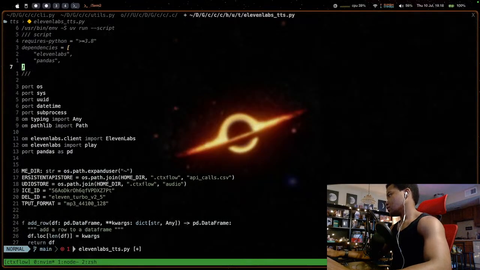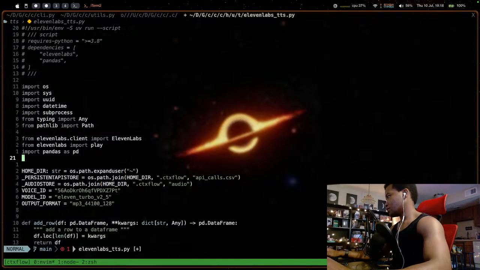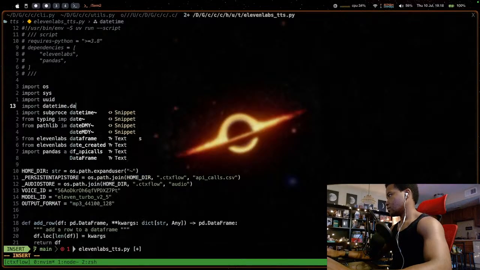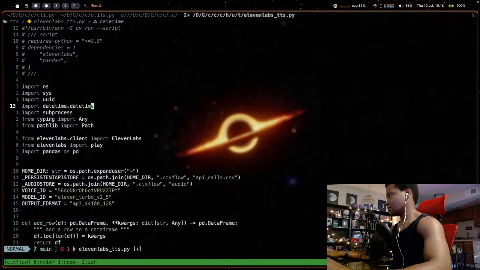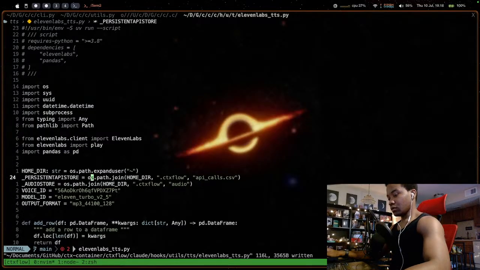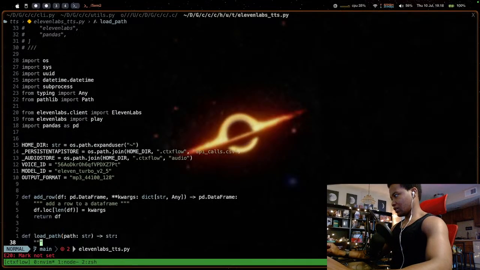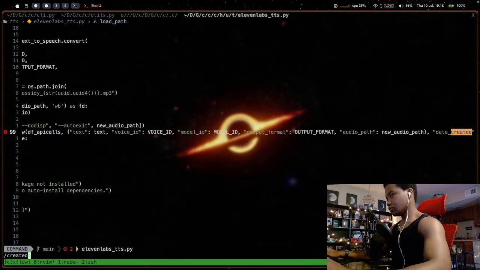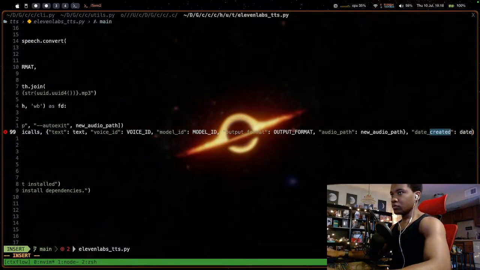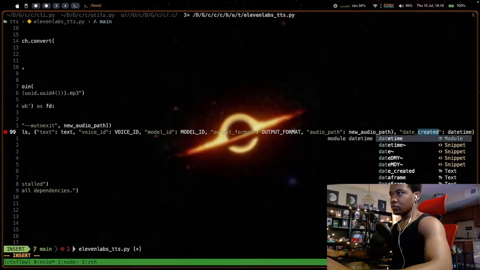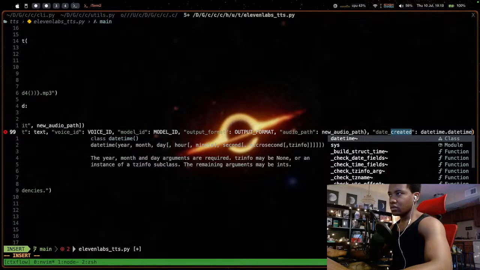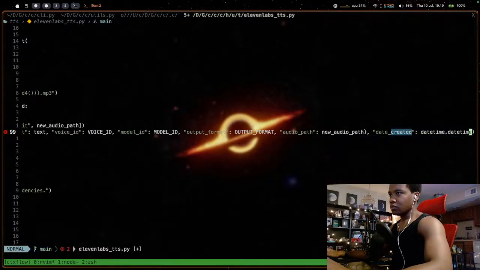Wait, I think there's something weird with datetime where you actually have to import the class. Really?